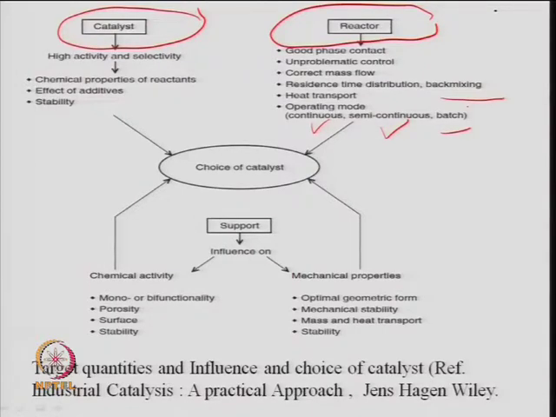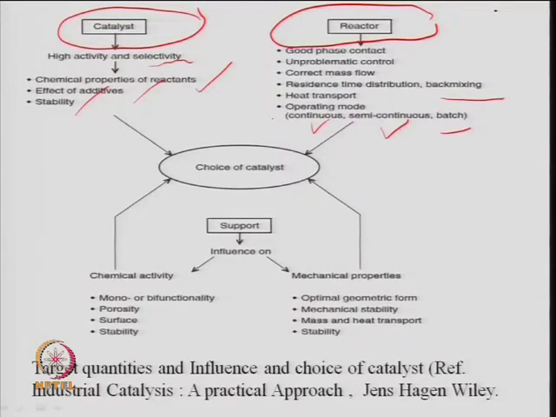In the case of the catalyst, as we discussed, we expect high activity of a catalyst and selectivity towards a desired product. So, high activity, high selectivity desired. Chemical properties of the reactants are very important. So, we need to understand their viscosity, surface tension, and not only these properties, but other chemical properties should also be known, right, such as volatility and the effect of temperature, pressure, and thermodynamic properties. So, everything should be known. Additive effects on the catalyst should be known, and the stability of that catalyst should be known. So, all these terms, and then based on those we select a choice.